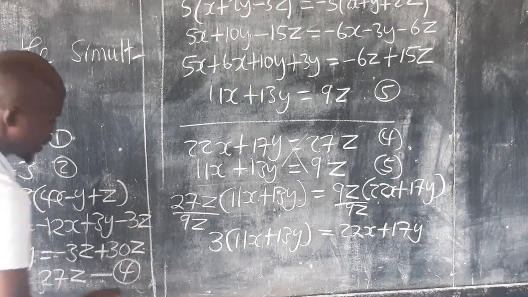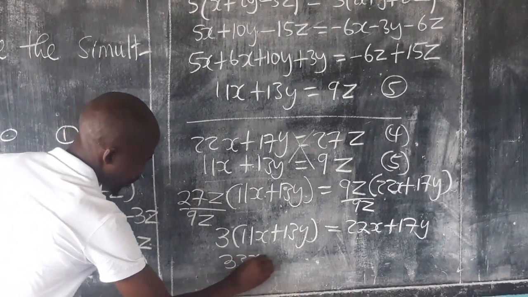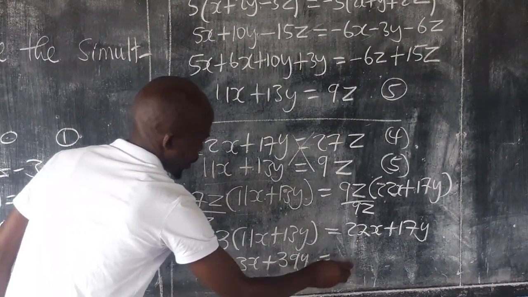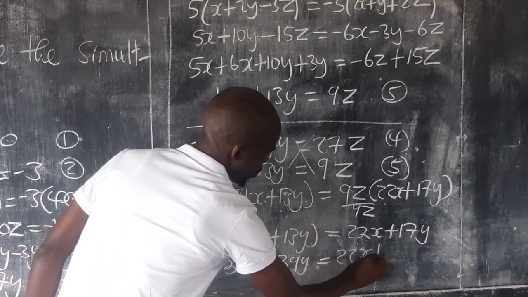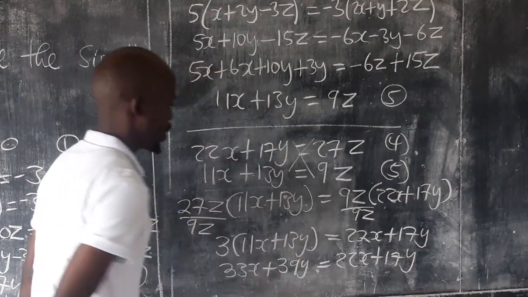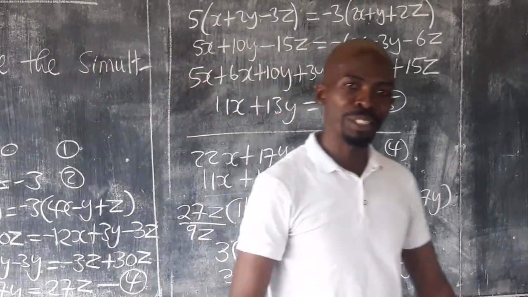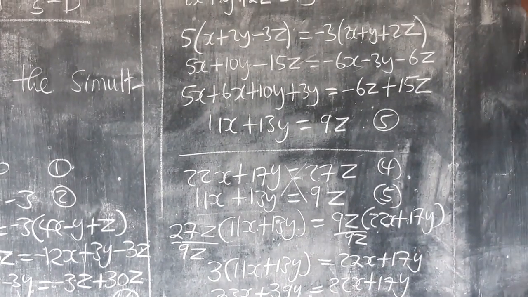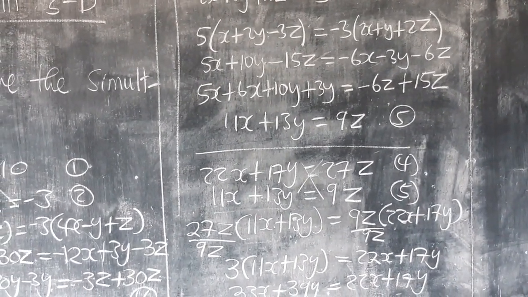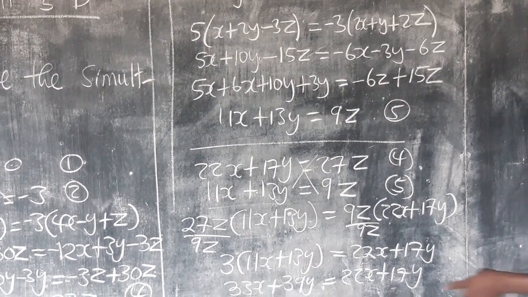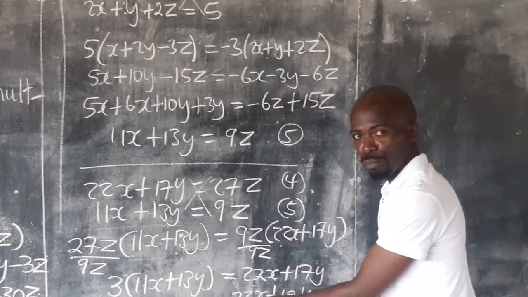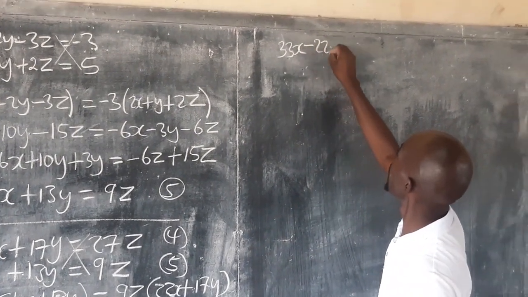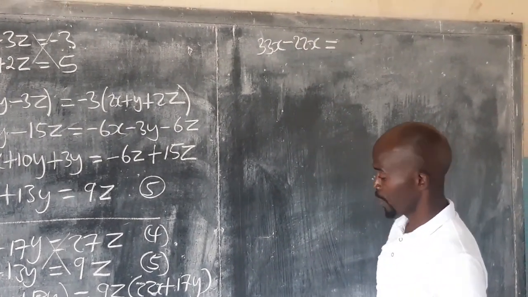This multiplied with that gives me 33x plus this with that 39y equals, I have 22x plus 17y. We collect the like terms at that particular point now. I have my 33x here. The additive inverse of positive 22x is negative 22x equals